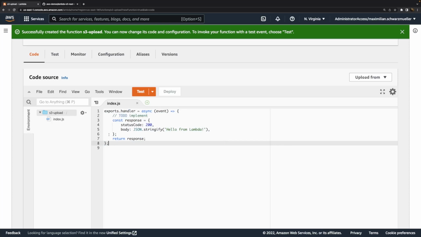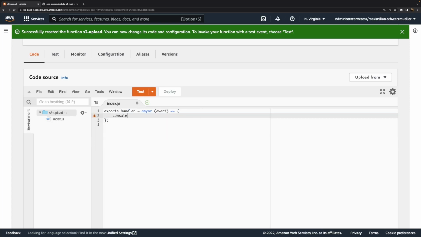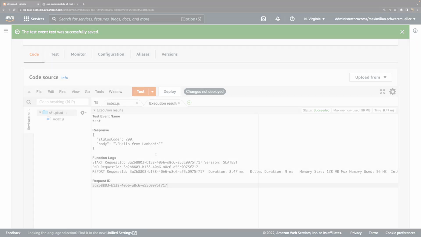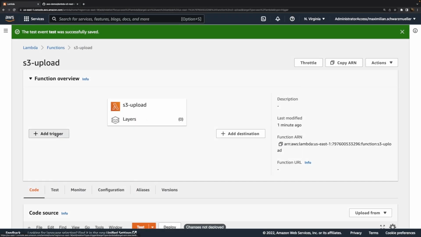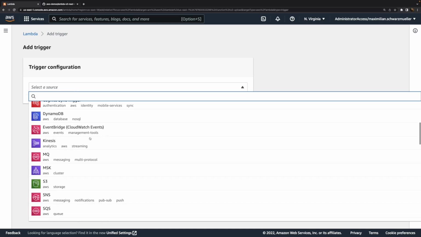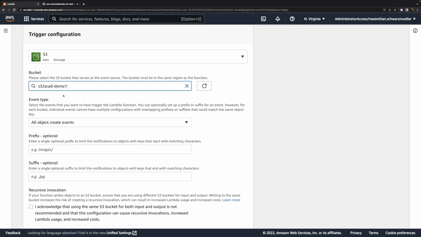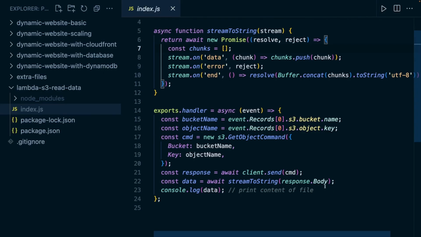In this video, we'll use AWS Lambda, which is a service that allows us to upload code that should be executed upon certain events. And in this video, we'll upload some code that will execute whenever a new file is uploaded into a certain S3 bucket. And then the code which we'll use in this video will simply look into that file that was uploaded and output the content of that file.